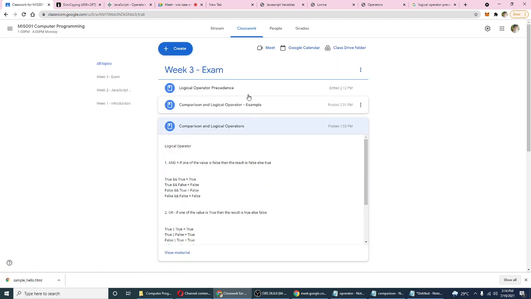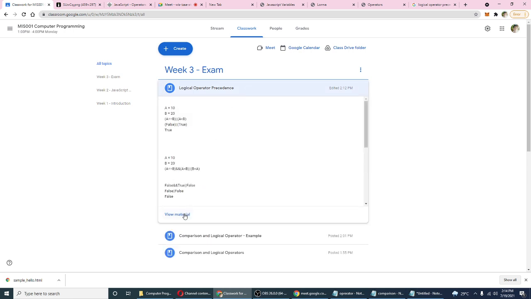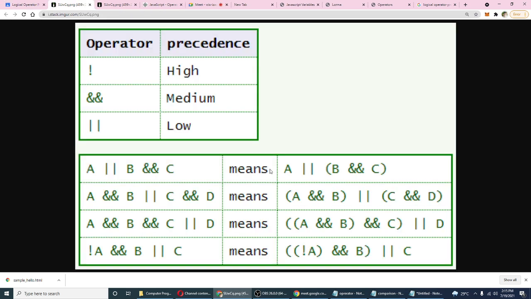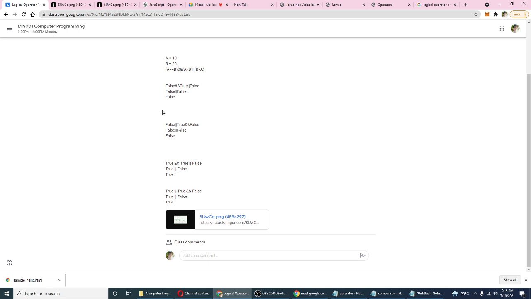This one, you need to check the precedence. Okay? What I give is this example, the and then the or in our example. If you notice in our example here,